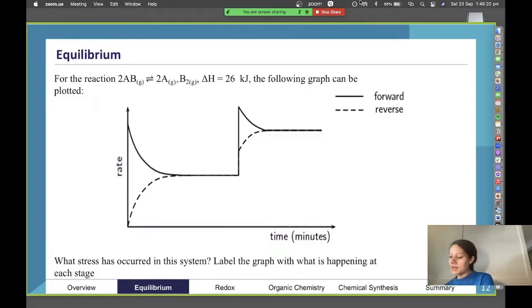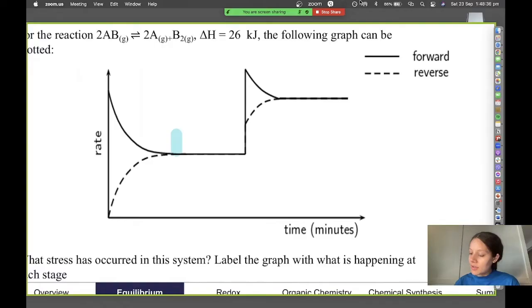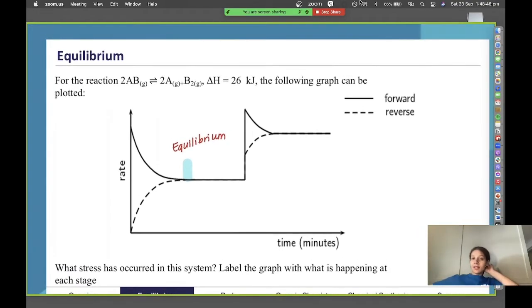All right, I think we'll have a look at the answer now. Okay, cool. I'll draw it onto here. So if we have a rate being disrupted here, this is where we've achieved equilibrium the first time. And then we have a sudden increase in the forward reaction. That means that all of a sudden we've had a very sudden spike in the reaction rate there.